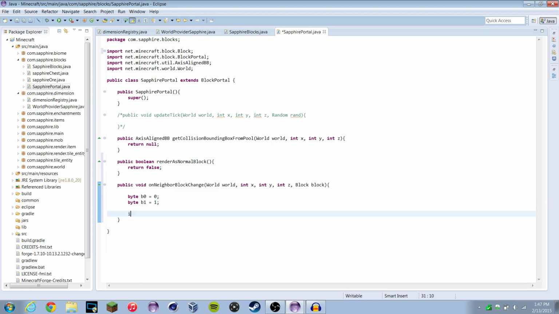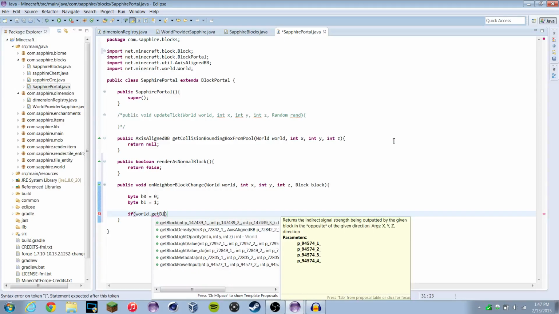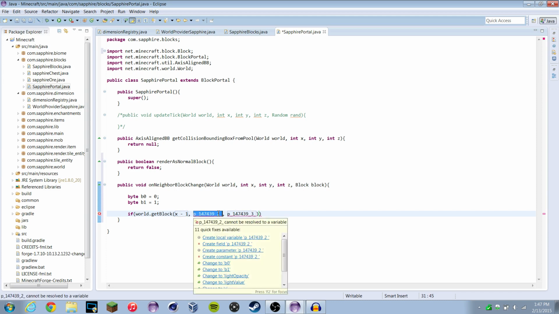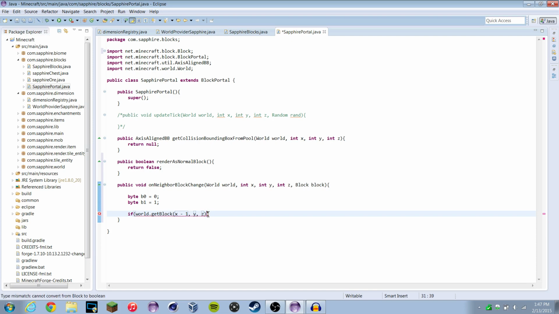And then we're going to have a quick if statement, and it's going to say if in this world, get block, so if the block at x minus 1, which is one to the left, I believe, yes, the block to the left of this portal block, which is why we'll have y, z, and then equals Sapphire blocks dot Sapphire